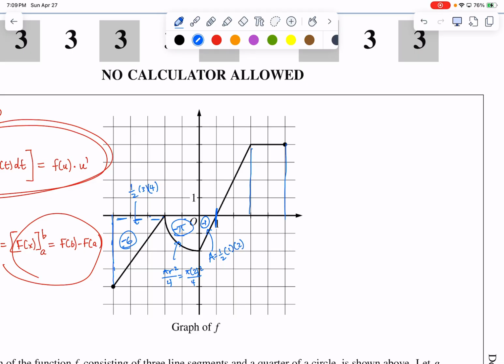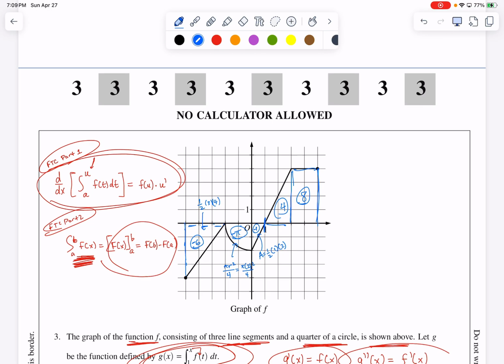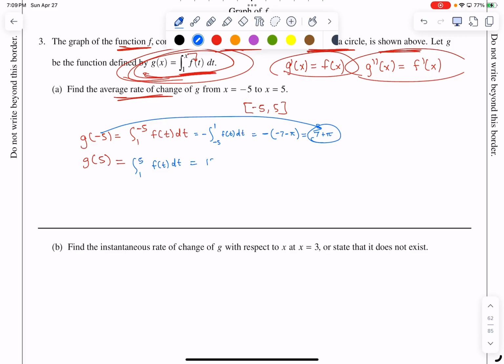You could do a trap if you want, but I'm going to do a triangle and a rectangle. That's a 2 by what? 4. And this is a 2 by 4, which is half of that. Yeah, duh. It's half the rectangle. 4. What's 4 plus 8? 12. There you go. Now we can find the average rate of change. And that'll be the last point. So you got 1 point for each one of those, and then you get 1 point for doing the average rate of change. So it's going to be 12 minus 7 plus pi